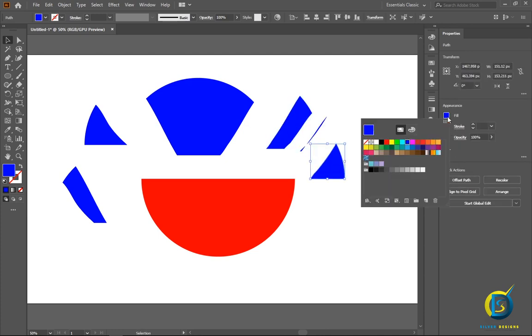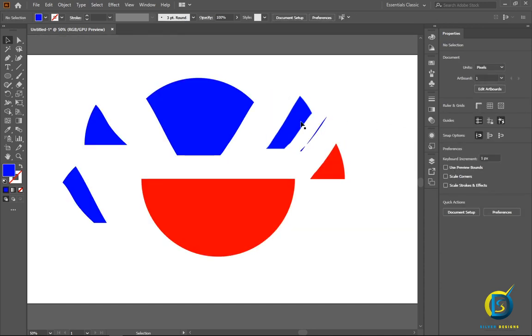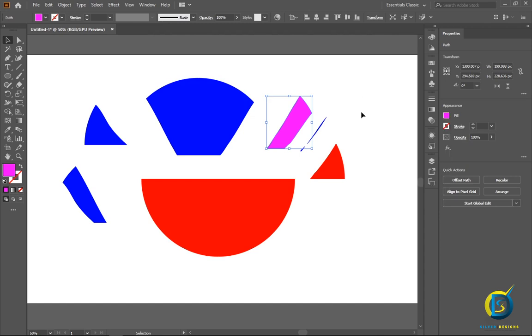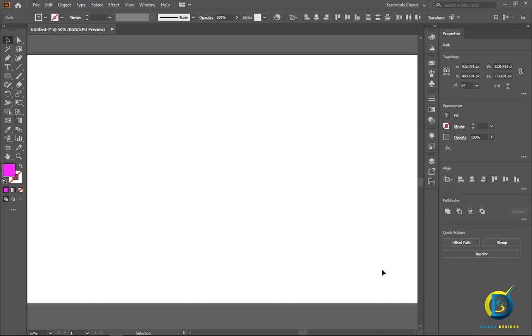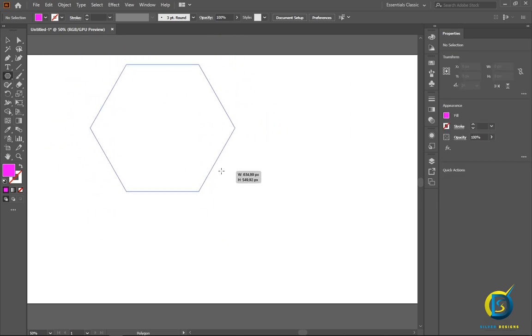Change the color of it the way you want. So let's use another one. Let's say we have a polygon like this